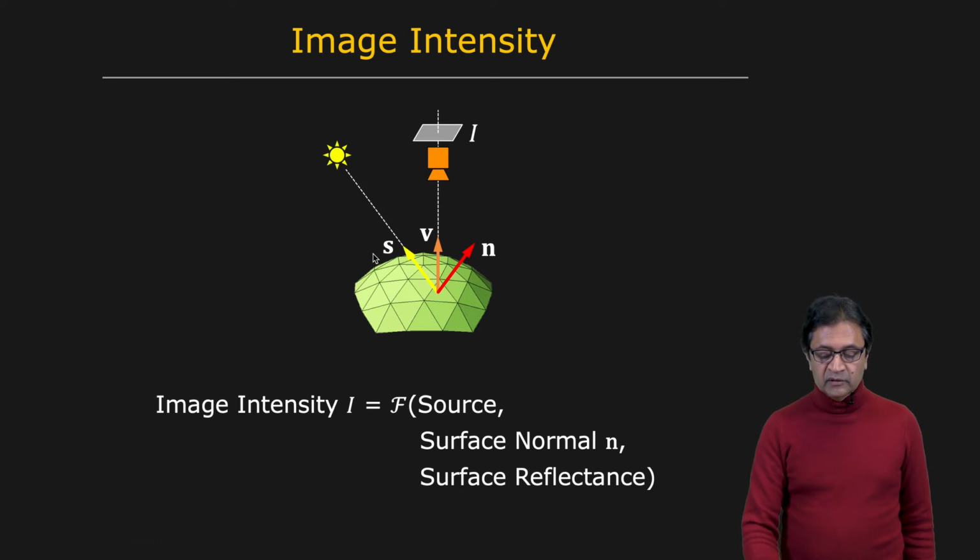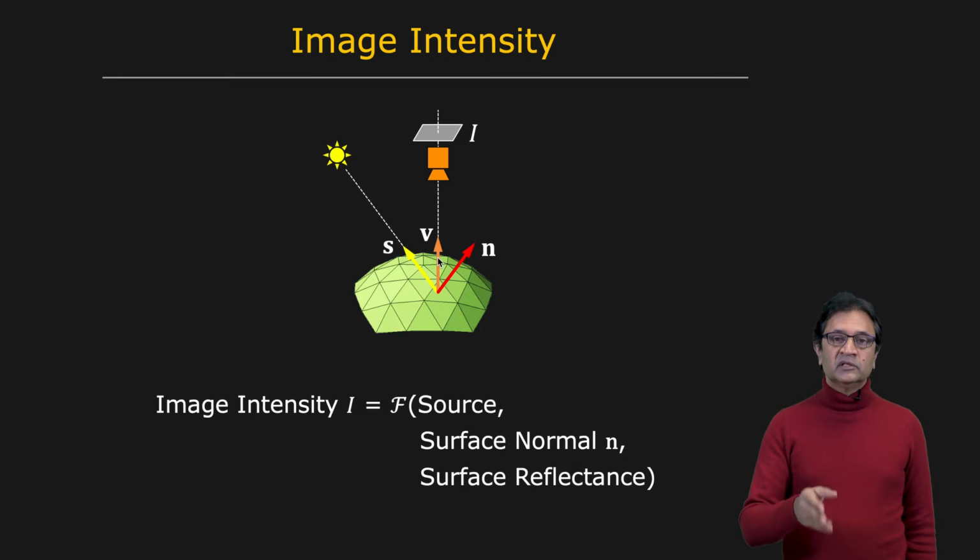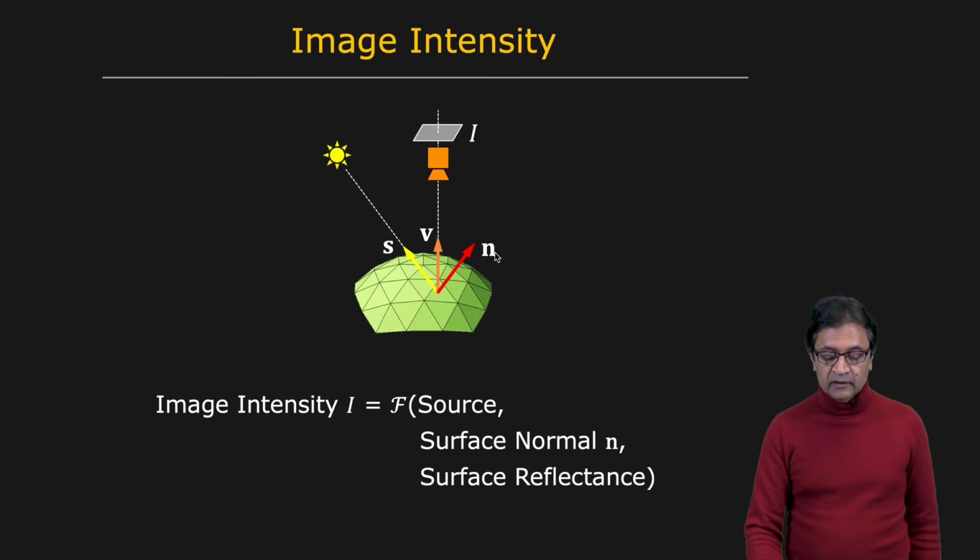So here is your typical imaging setup. You have a camera with a viewing direction V. We'll assume that the viewing direction is aligned with the z-axis of your coordinate frame. And we have a single light source here. We're going to assume for our purposes here that you have a single point light source, which is in the direction S. S is a unit vector. It has a certain brightness, it has a certain distance from the surface itself. And the point that we're looking at has a surface orientation, which is described by the unit normal vector n.